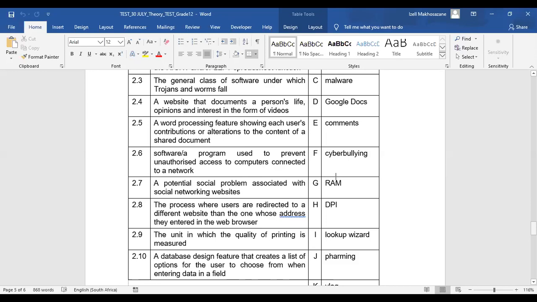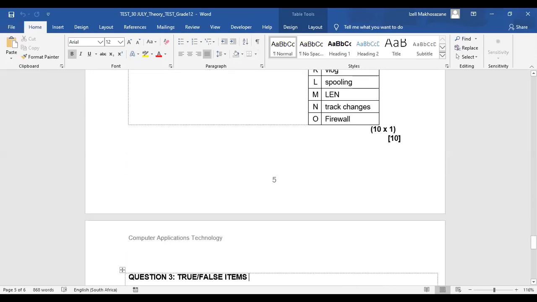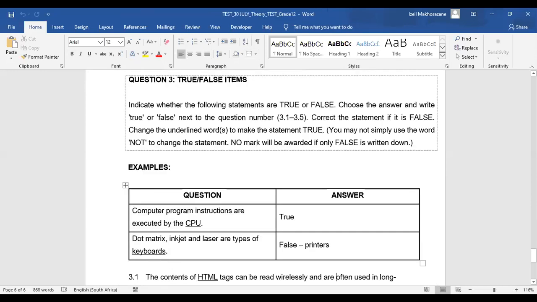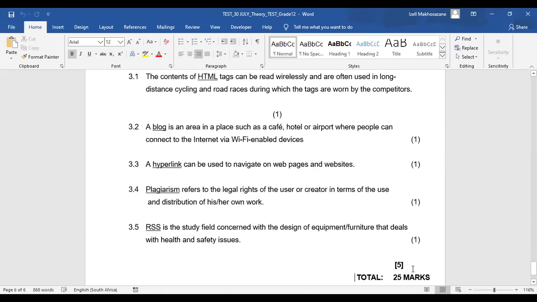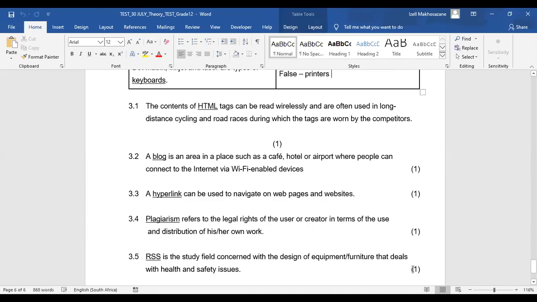Right. We can move to question 3. Question 3, true or false? Indicate whether the following statements are true or false. Choose the answer and write true or false. Next. Right, so here is an example of how you should answer this question. Let's look at the question itself. Question says,